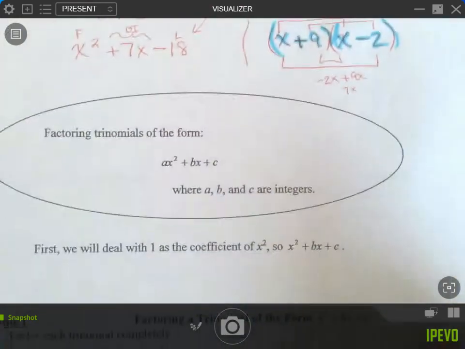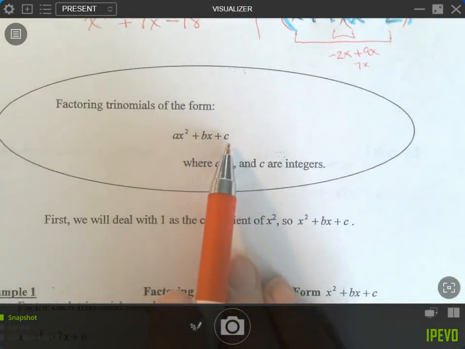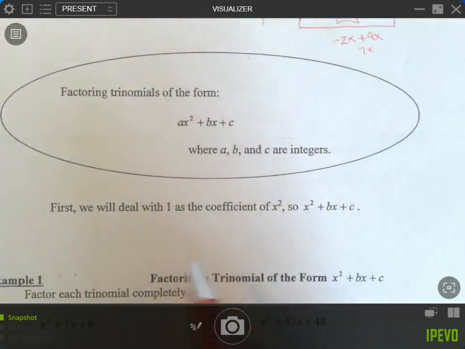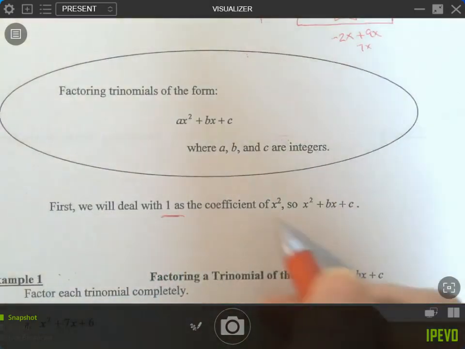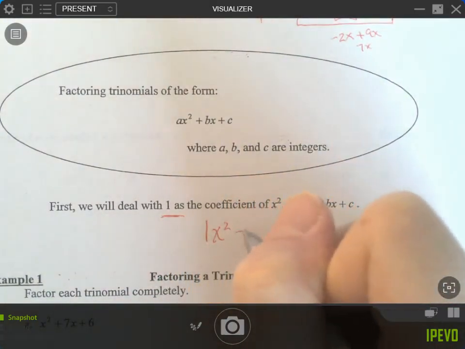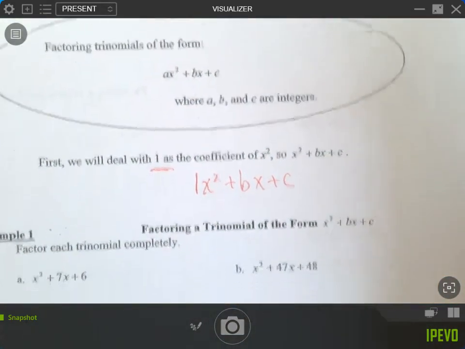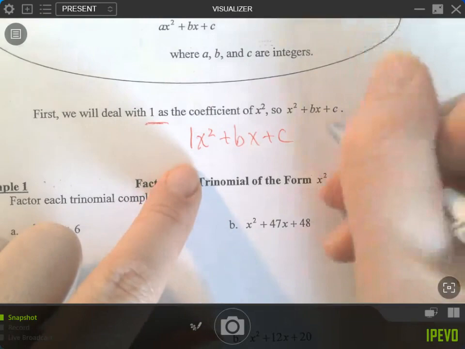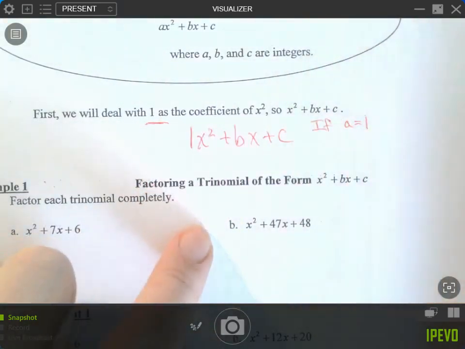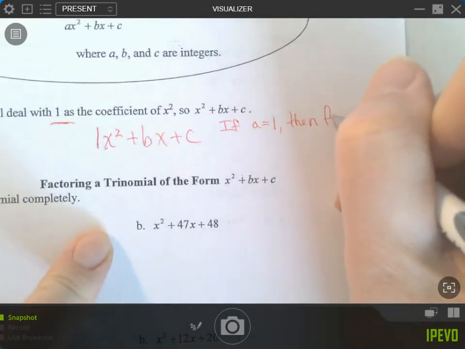Okay, so factoring trinomials of the form ax squared plus bx plus c. That's exactly what we worked with. A, b, and c are integers, but today we're going to deal with 1 as the coefficient. So we are going to have 1x squared plus bx plus c. That's important. And I'm going to write this little note down. If a is 1, remember a is that leading coefficient, then factors of c,